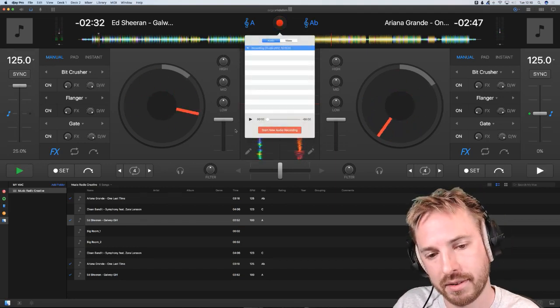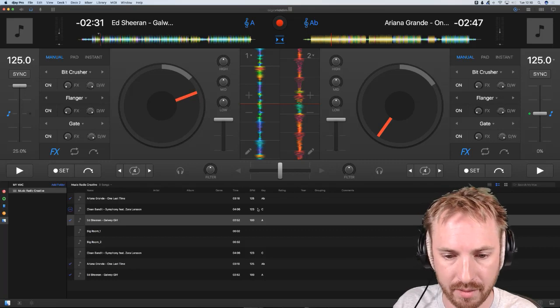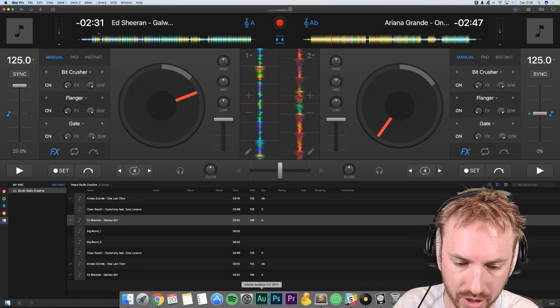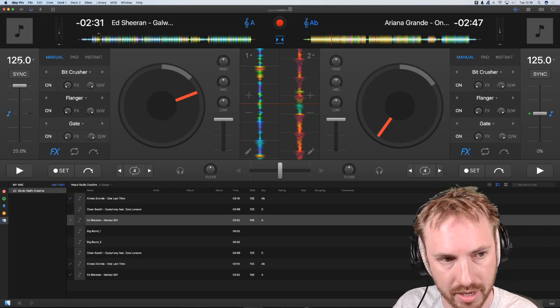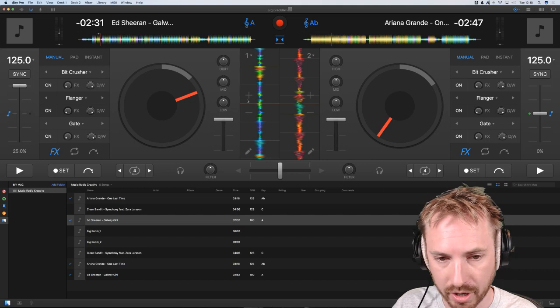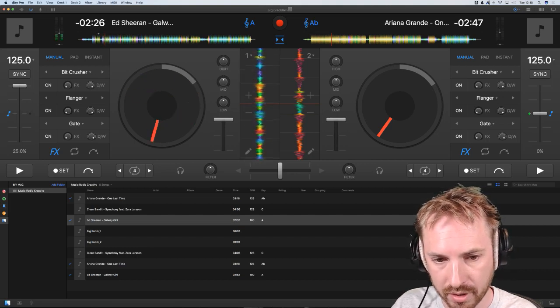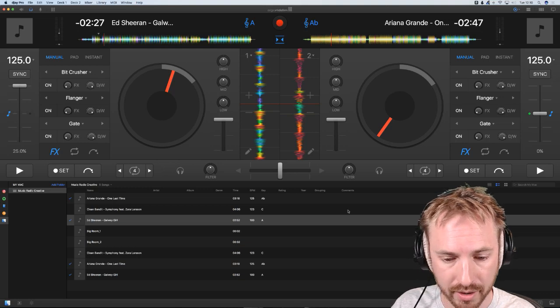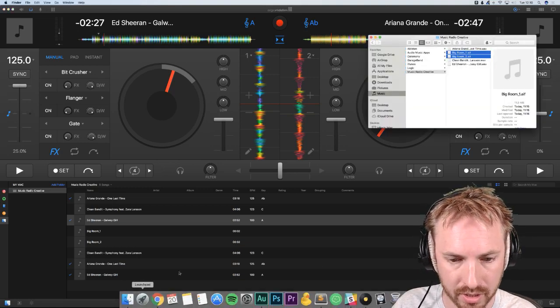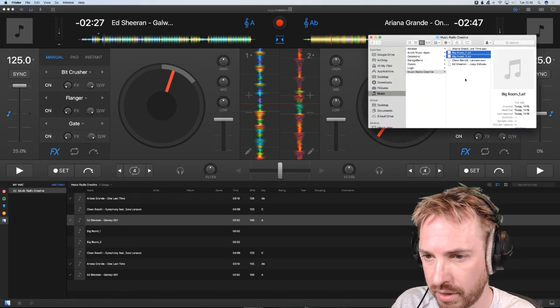And then stop the recording, and then we'll go into Adobe Audition over here. So say what I could do, I was clicking the sync button over there, I synced Ed Sheeran up with Ariana Grande, 125 BPM, so I could just literally fire through, find the hook I want to use, and then play it while I'm recording, and then it will appear wherever you set it to go, but I've set it over